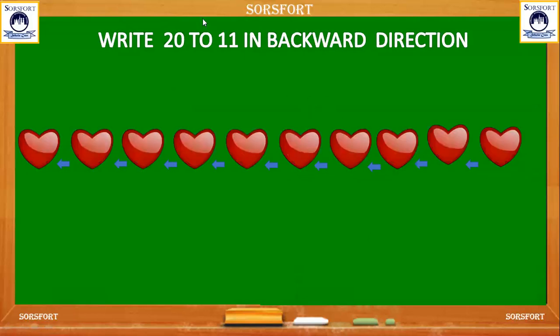Now what is the question here? Write 20 to 11 in backward direction. So let's start how to write. So in backward direction from 20 to 11. So first number I will write 20. Backward direction. So the number which will come before 20 is